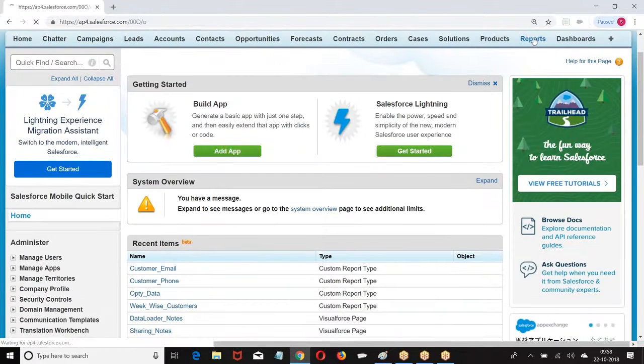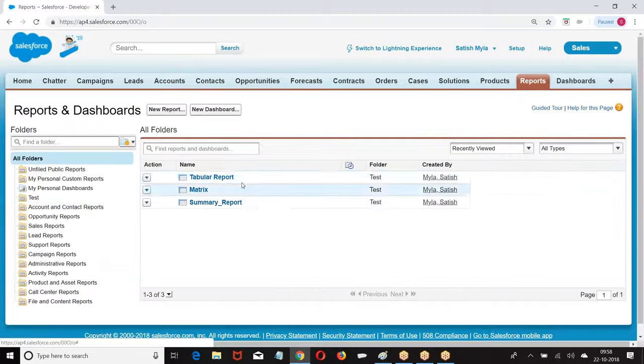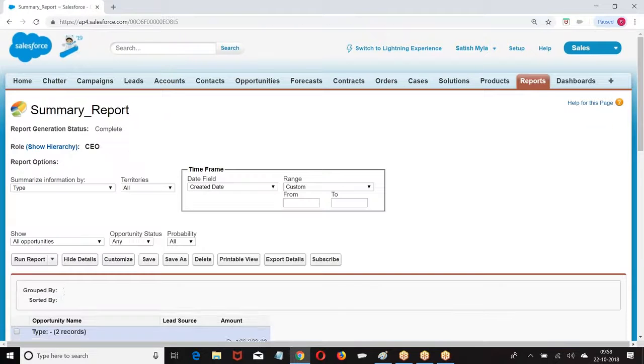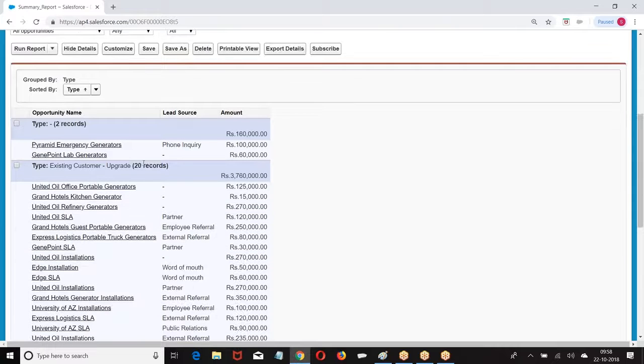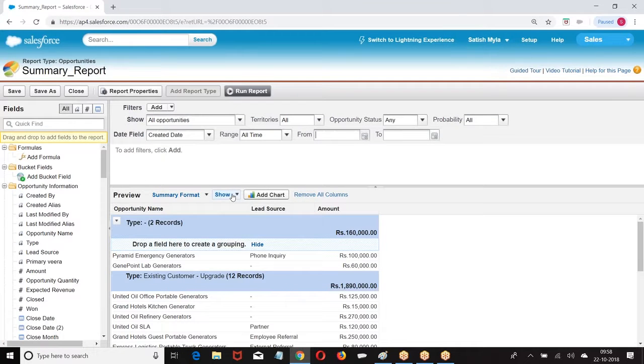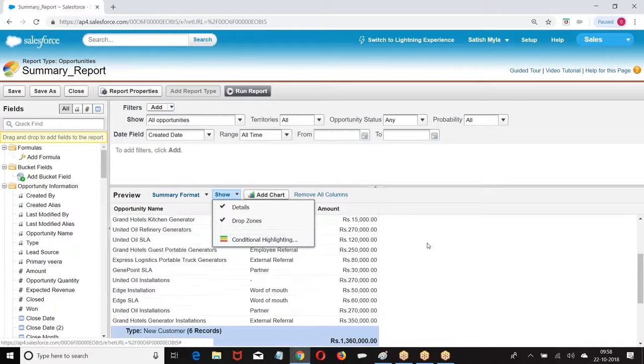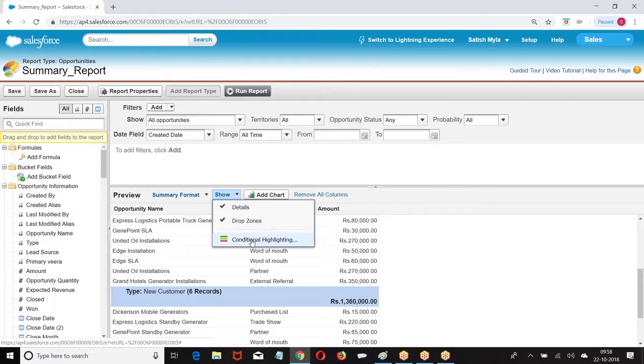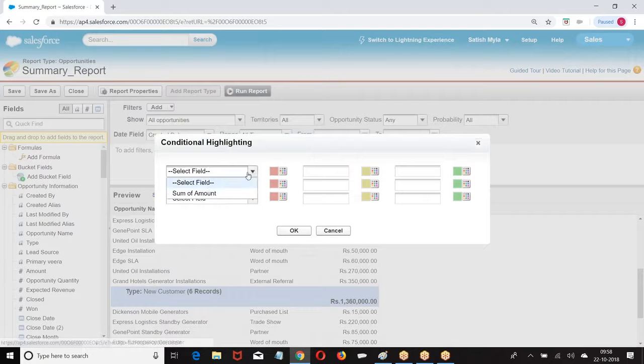One more condition is there. Summary. When you go to summary, we have an option. What was that option? Conditional highlighting. We want to give different colors to different fields. 1,10,000.